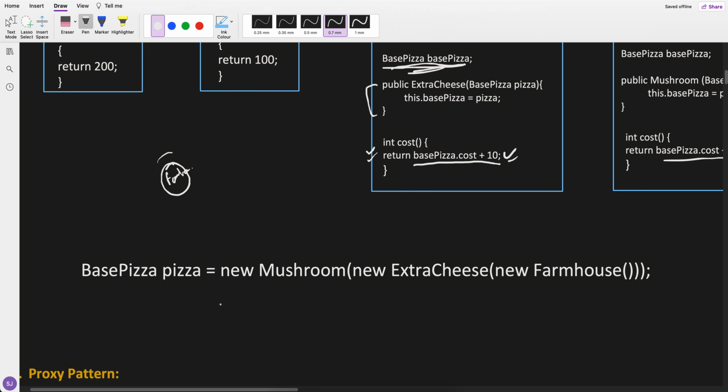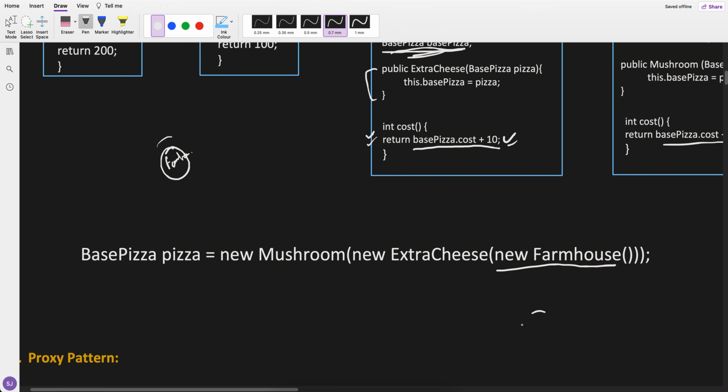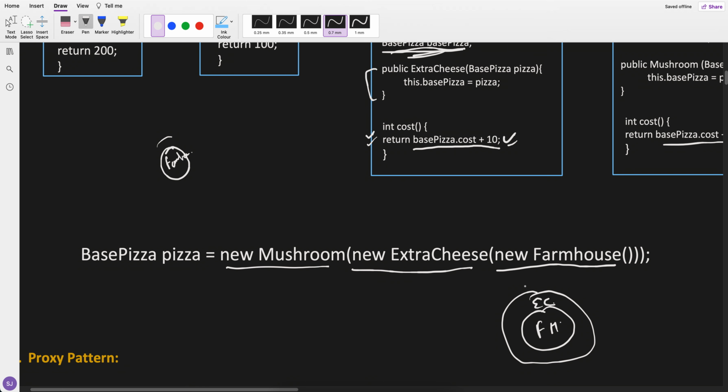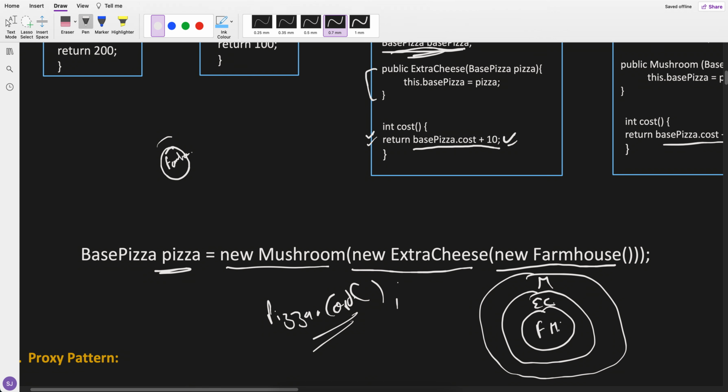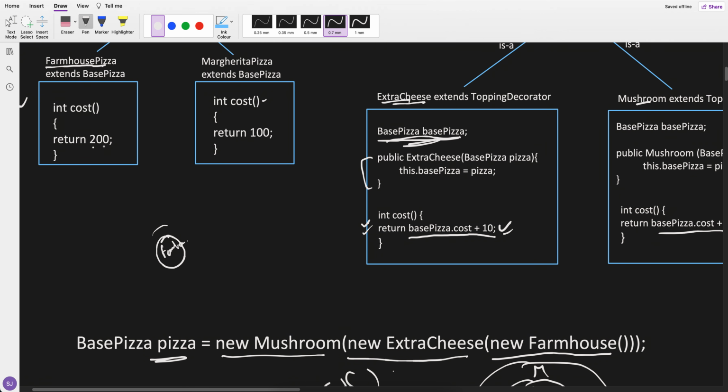So now let's see how I am creating it. Here I am first creating a farmhouse pizza. So this is my farmhouse pizza. Then I am layering it with extra cheese. So I have added extra cheese. Then I have layered it with mushroom. So I have a mushroom here. Now this is my pizza. If I do pizza dot cost, right? It would be farmhouse, which was 200,